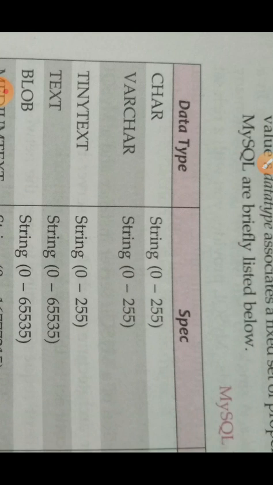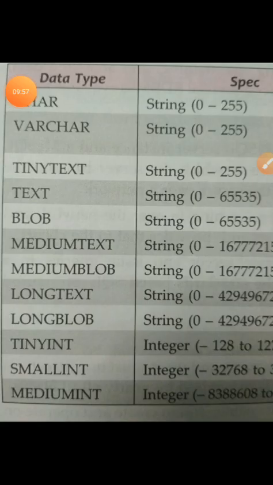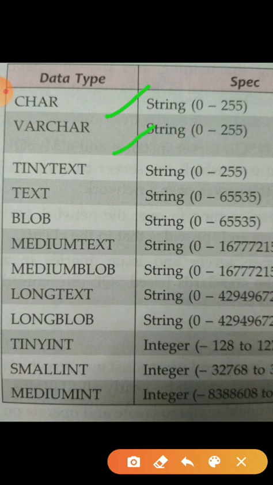Data type means identifying the type of data associated with the operations for handling it. A value of the data type is associated with a fixed set of properties. Okay, some common data types we explain here.